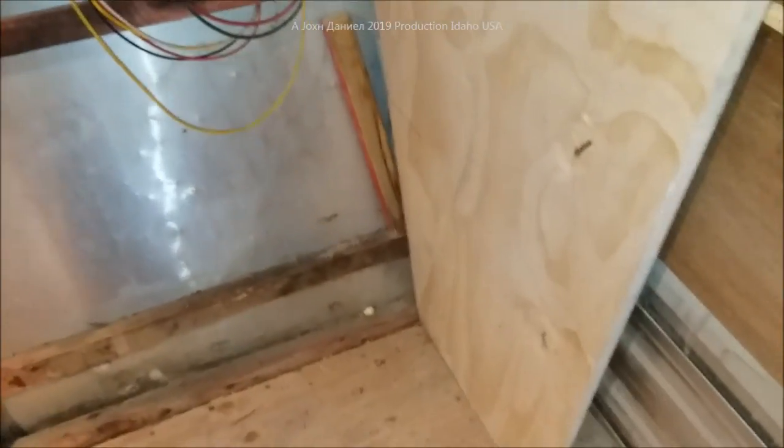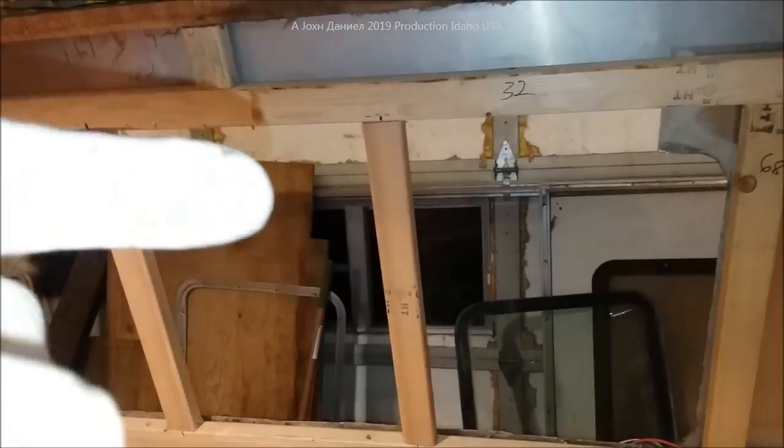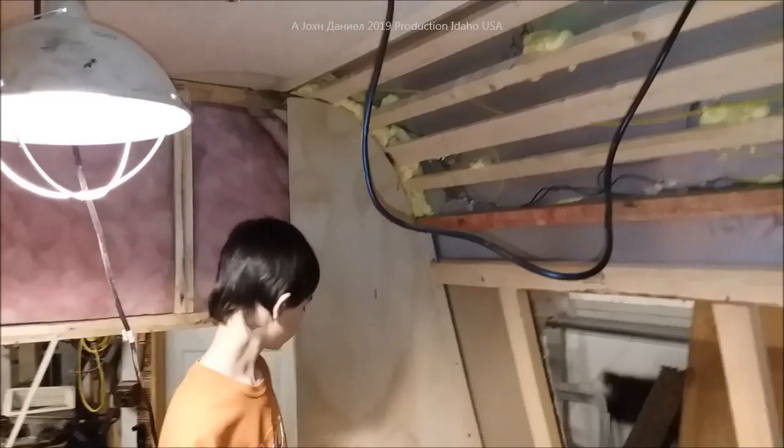And then you have your plywood here that makes the nose of this trailer super strong and capable of everything it needs to be doing, as well as a mounting surface for cabinets that'll mount back in here again, and other things that we're going to be using in here. As that is now framed out there, we will have a small window, a tiny window in here, about a 12x6, just for ventilation, a little tiny RV window. And over here where Daniel's at, he's holding that one up. That one is the copy